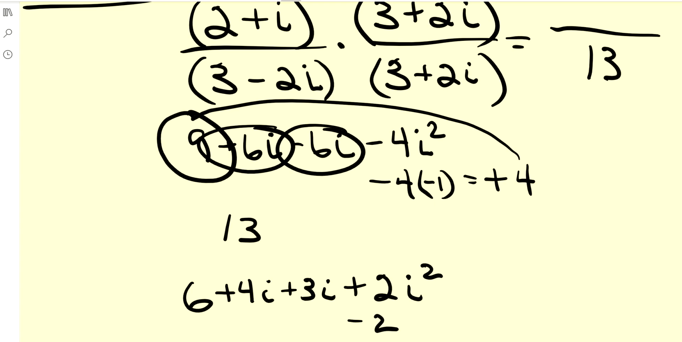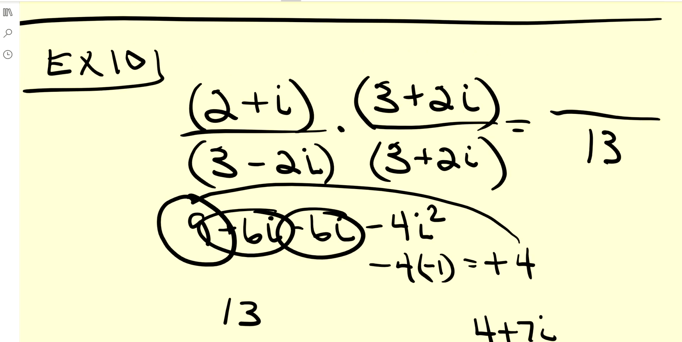So that makes my complex number 6 minus 2 is 4, plus 7i. All right, and if I wrote that up here, 4 plus 7i,